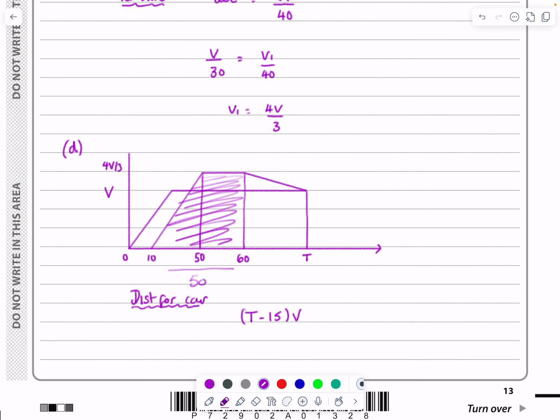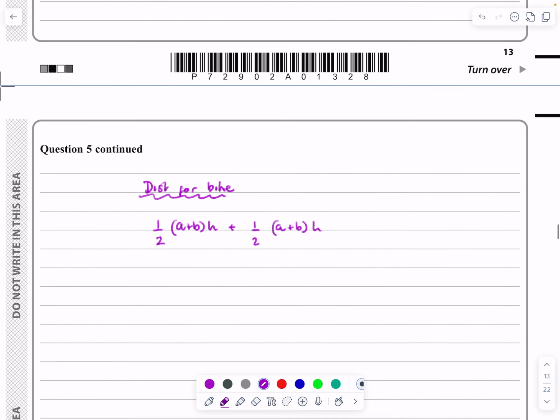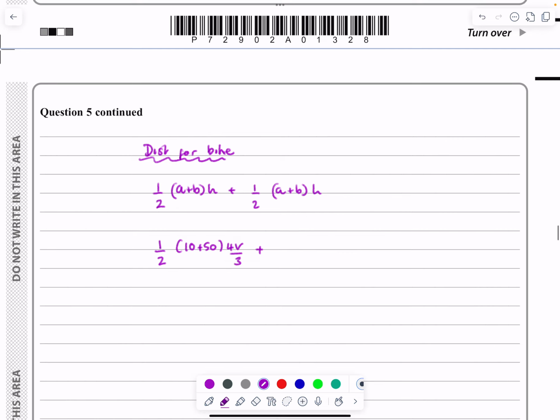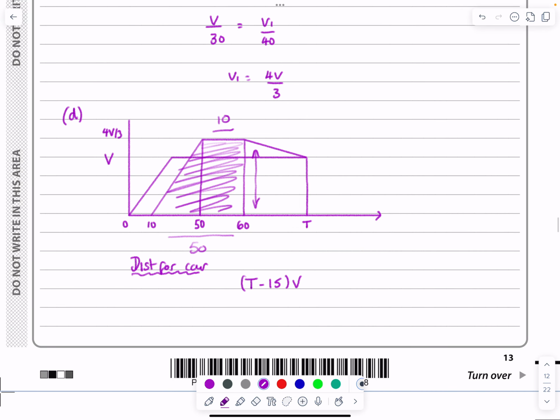We've got that this length here is 10. And we've got that this height here is 4V over 3. So that's going to be half 10 plus 50, 4V over 3,